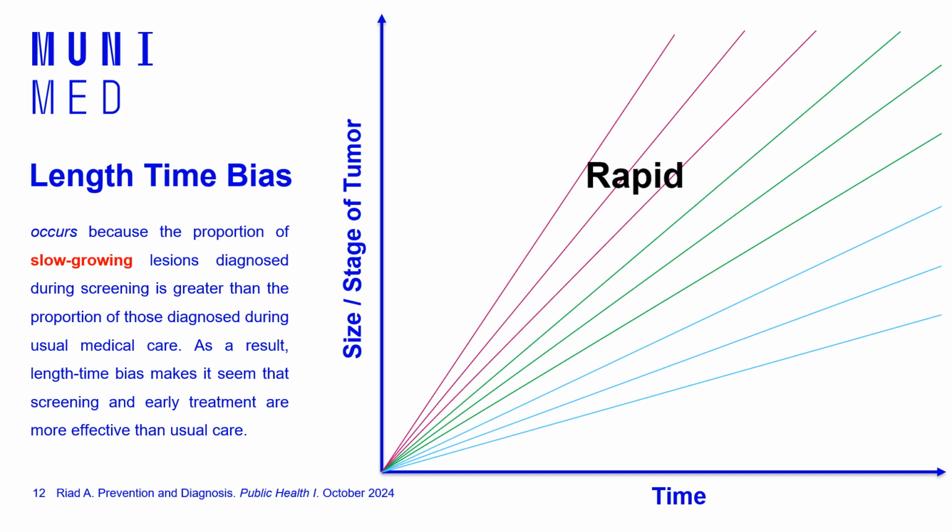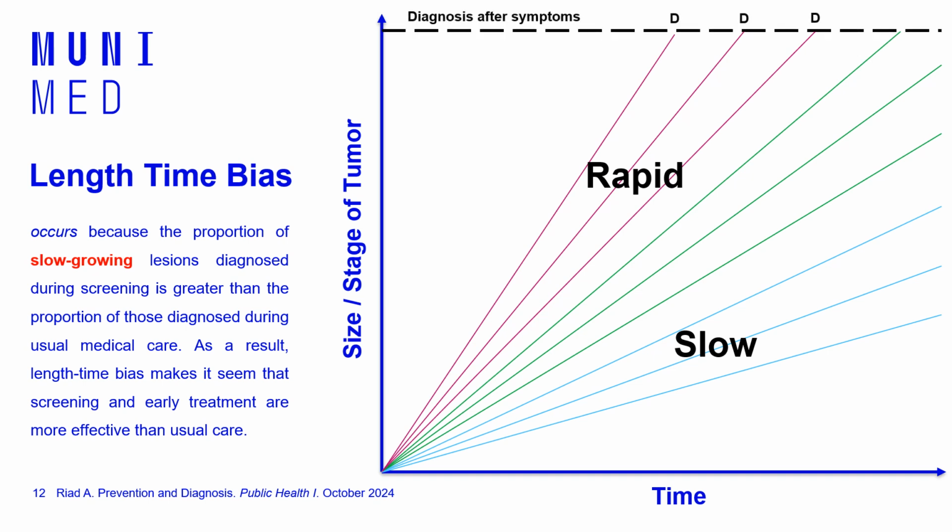Why? Because these rapid cancers are not equal to these slow cancers. The rapid cancers will usually be found through clinical diagnosis, because the cases will manifest themselves in a very short period of time and they will require medical attention or care. That's why the patient will come to the hospital and they will be found in a very short period of time. So these are the cases that were diagnosed, and this is the stage or the size of the cancers that can be found by clinical diagnosis. The rapid cancers will be found before any other cancer.